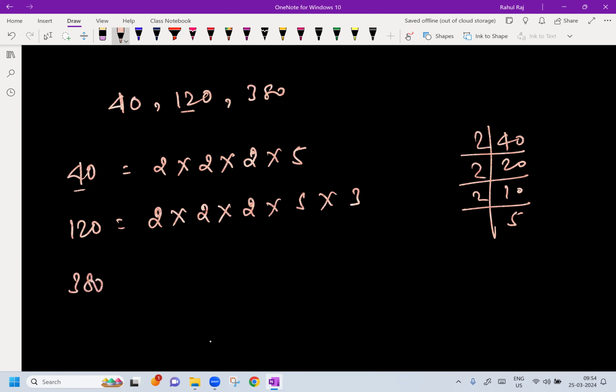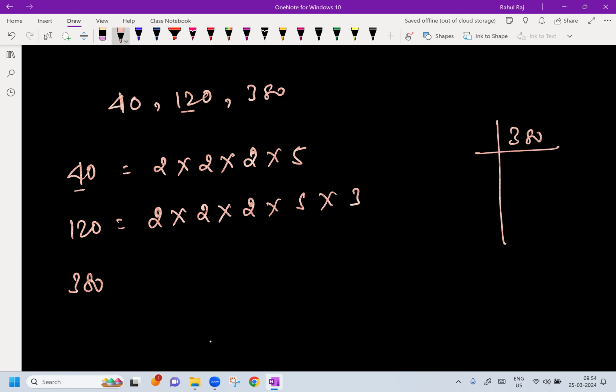Now 380. It's better we factorize it rather than thinking what it could be. So let's start with 2, because it's a 0, divisible by 2 for sure. 2 nines are 18, 2 fives are 10, 5 ones are 5. That's it. 19 is a prime factor. So can I say 380 is nothing but